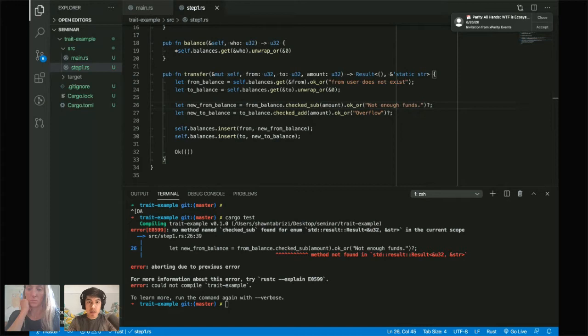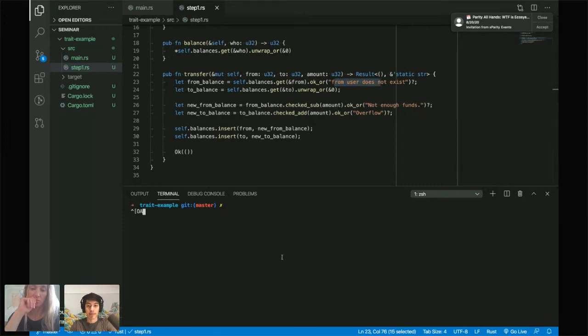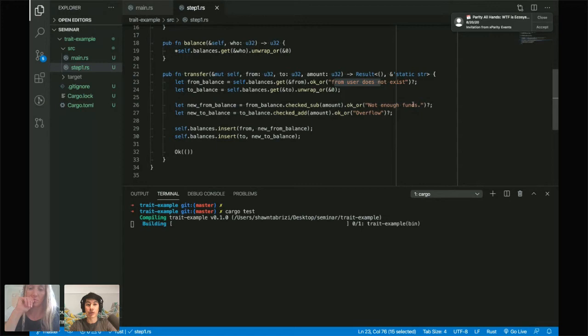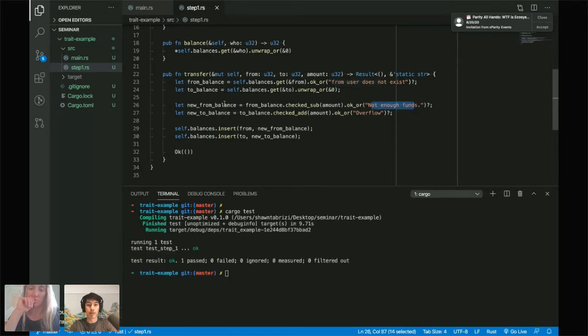From balance checks. Oh, it's because I didn't add a question mark here. See, what's happening here is that this is returning a result. And what I actually want is to unwrap the value, right? So if I add this question mark here, it'll take this result object, which either has an error with this message in it, or ok with the value in it, and I am adding the question mark to either return the error or give me the value into from balance. And this is what this error is saying. And that's why I have a question mark in all of these. The question mark here in all of these will return the error string if there's an error, or it will put the value that I want into the variable.